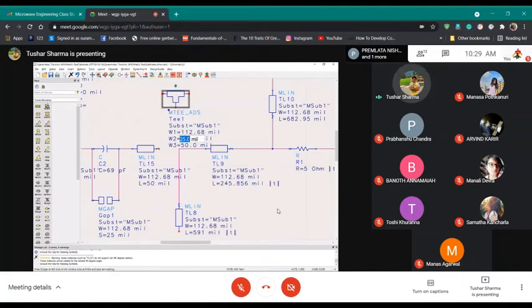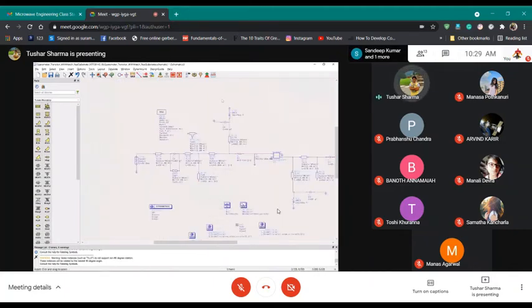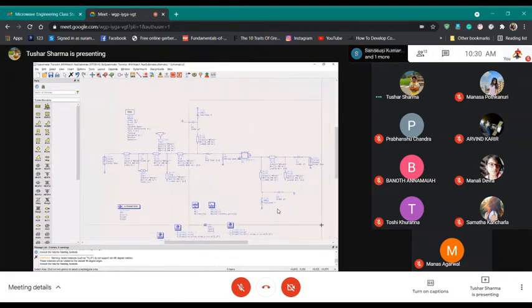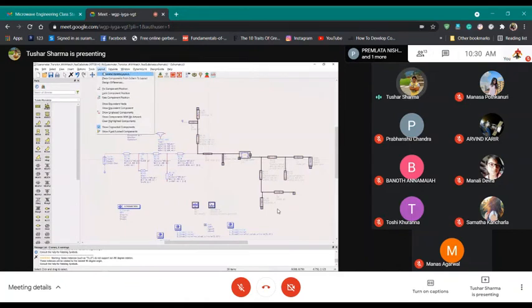So my all widths are same. Okay, I will show you the difference between the two, why we actually do it. So you see, if you don't have this T junction, I will try to generate a schematic layout.